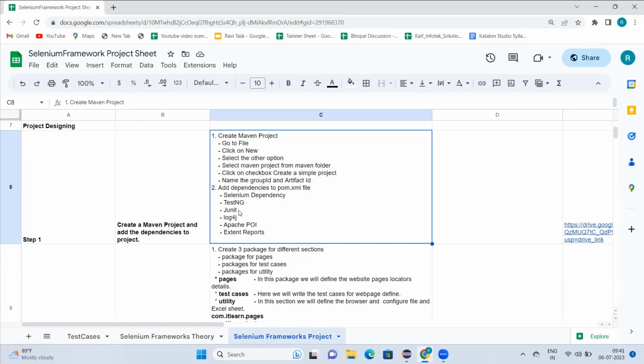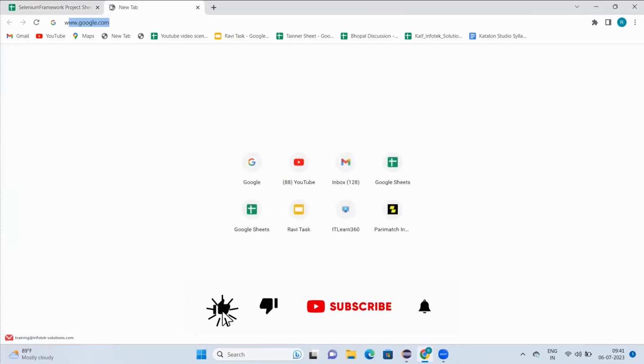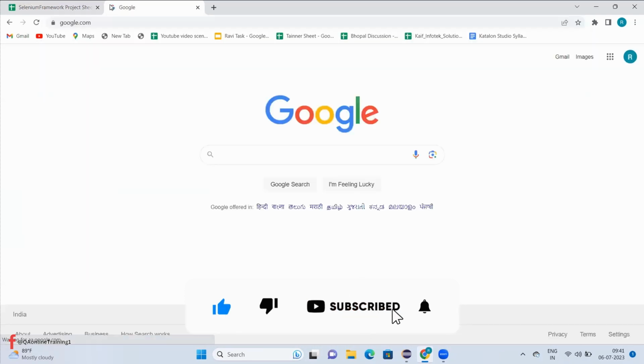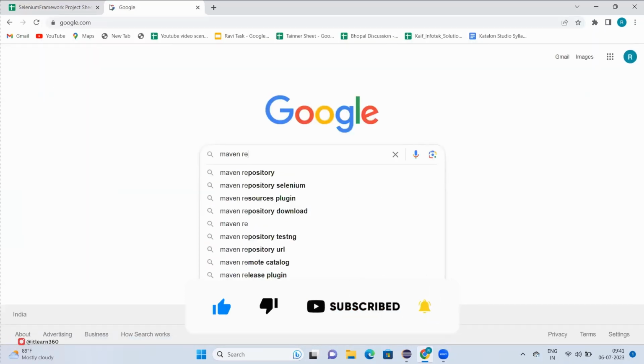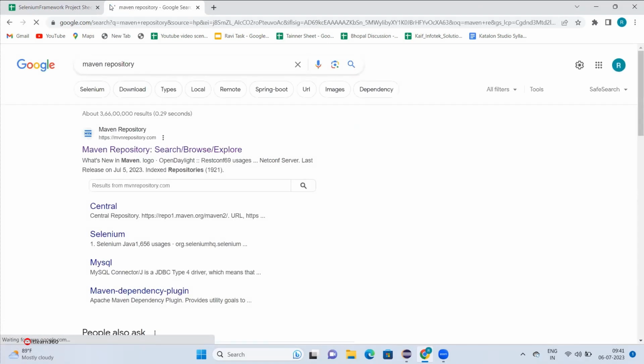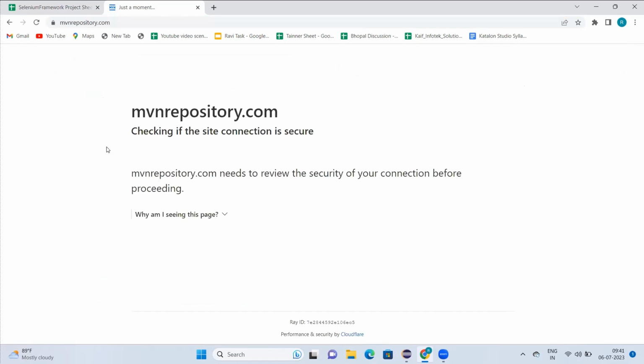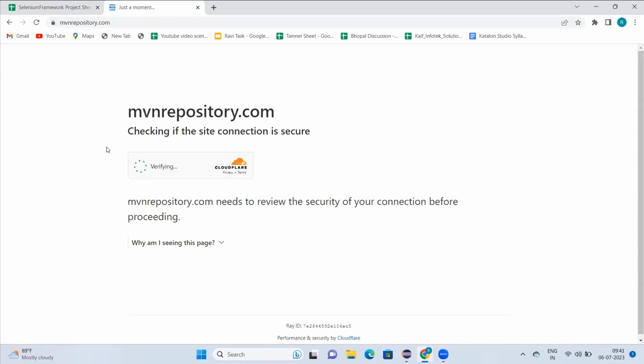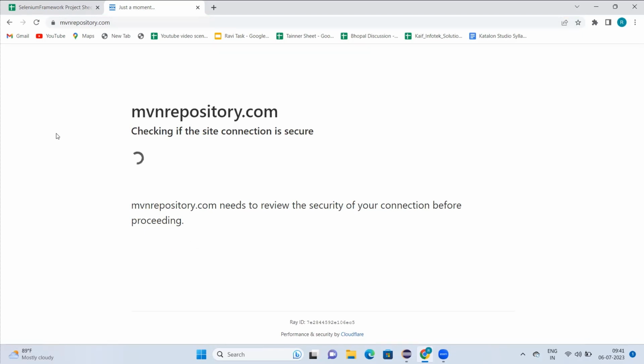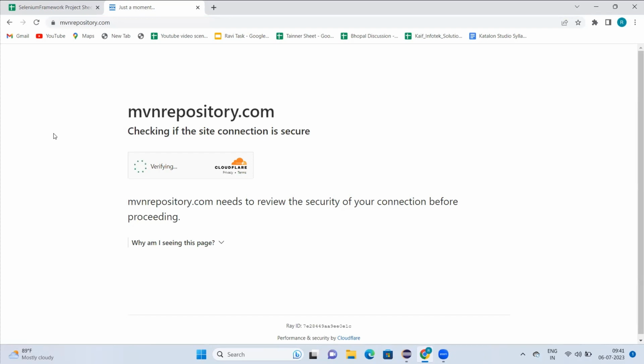So what I'm going to do, I'm going to search for these dependencies. Now, these dependencies are available on a website. The name of the website is Maven repository. So just search for Maven repository website. You'll get this Maven repository website here. Just go to this Maven repository website. And there in the search bar, once the Maven repository website is open, you have to search for,